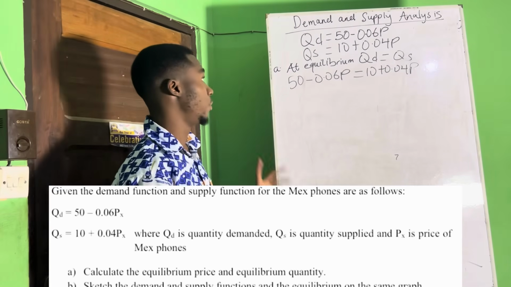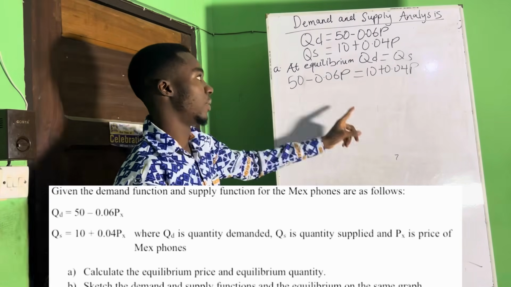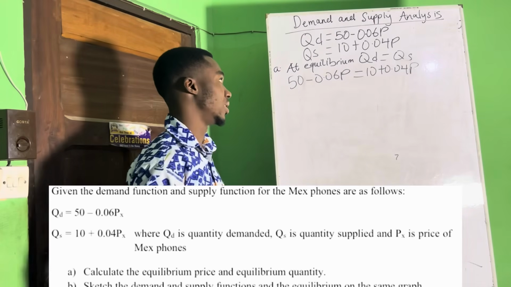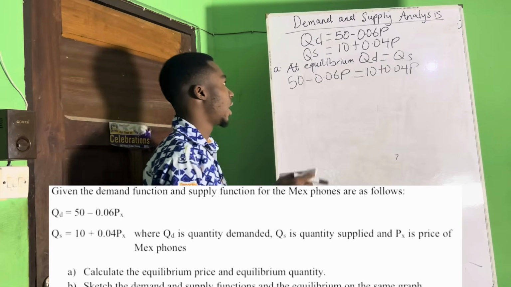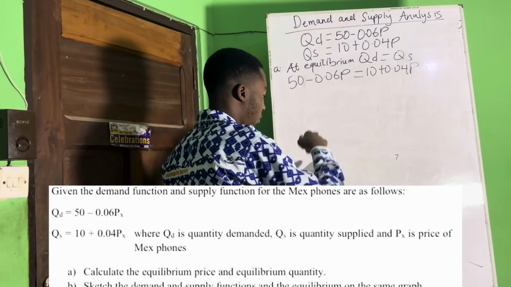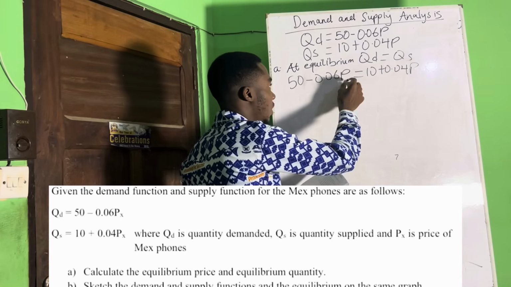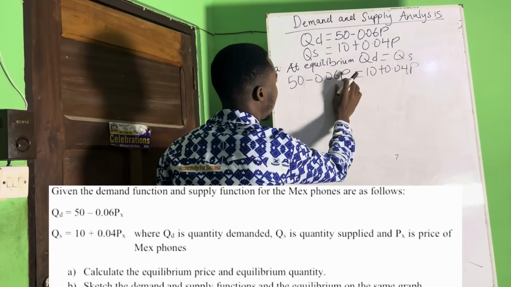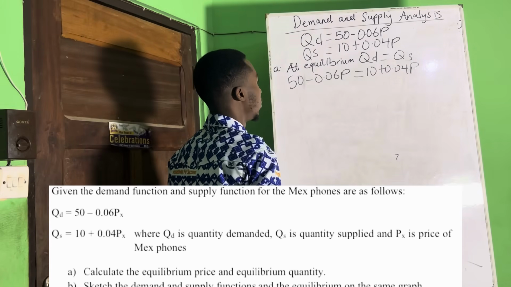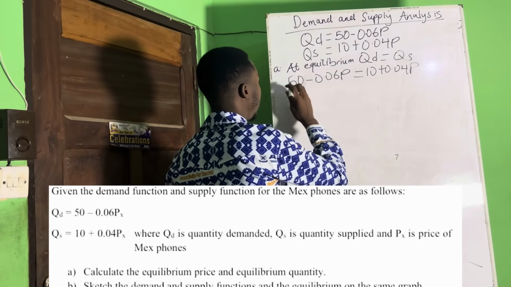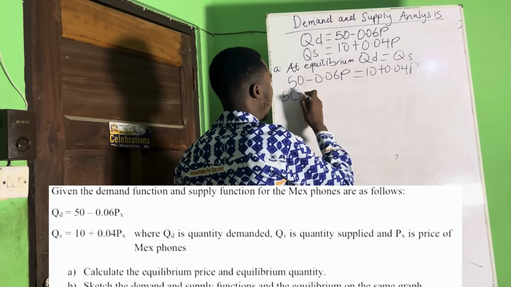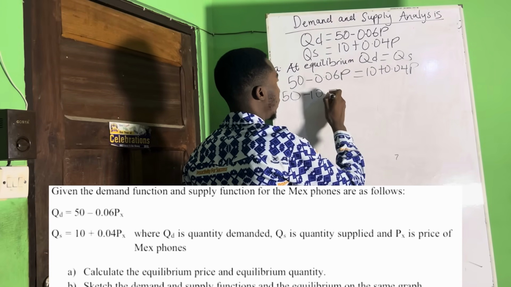So now that you've been able to establish that quantity demanded is equal to quantity supplied, they said you should find the equilibrium price and quantity. So now we have to find the price first. They said in the question that P is price. Then when we are done, we find the quantity. So we just have to make P the subject. In making P the subject, we have 50 here, then we bring 10 to this side. So 50 minus 10, then it's equal to